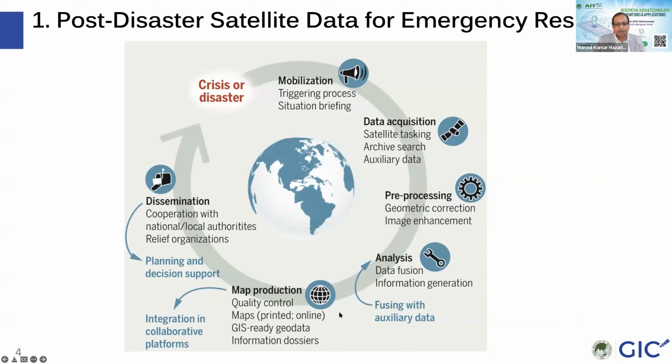We try to have some quality control on the maps, but mostly online, we upload them to our website, as well as the Sentinel or International Disaster Charter website, if we are involved in that particular activity for the International Disaster Charter. And we also provide the GIS geodata of the affected area to the affected countries and other stakeholders. And that's how this works.